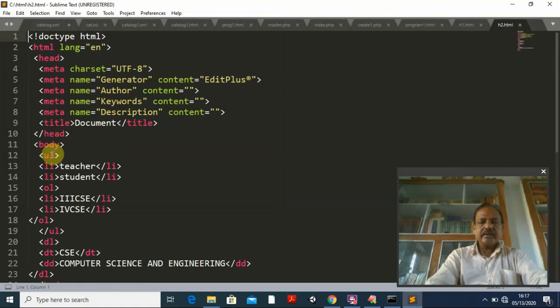some list. What do we mean by a list here? Say we are going for marketing, we prepare a list. Item number 1 we have to take some sweet, item number 2 we have to take some fruits, item number 3 we have to take some pen, item number 4, like that we make a list. That means the numbering, serial number, then we write the description of that item. Or sometimes you just put a dot mark, first item dot mark, second item dot mark, third.